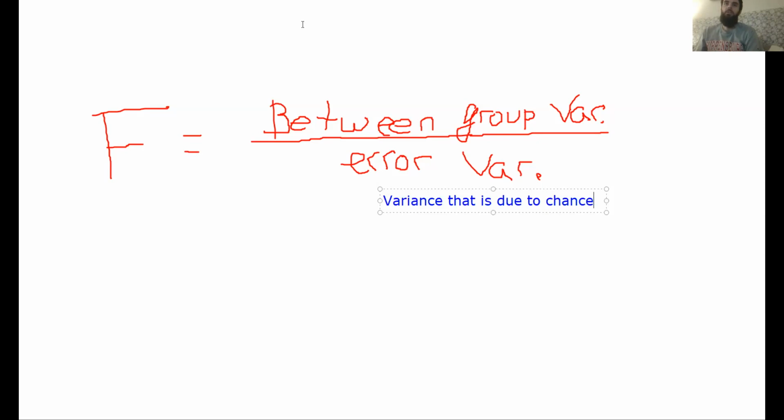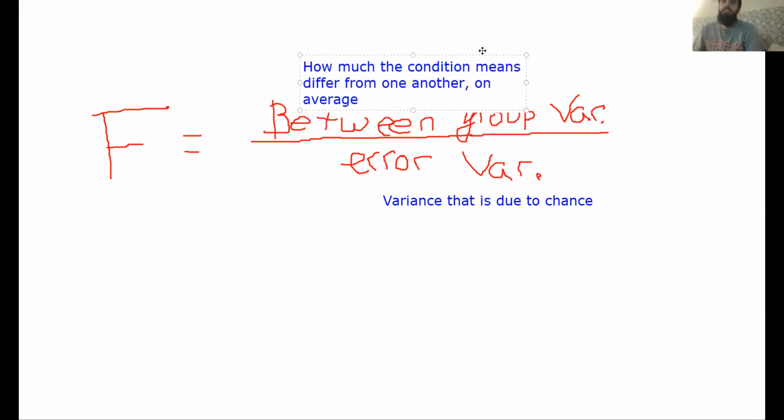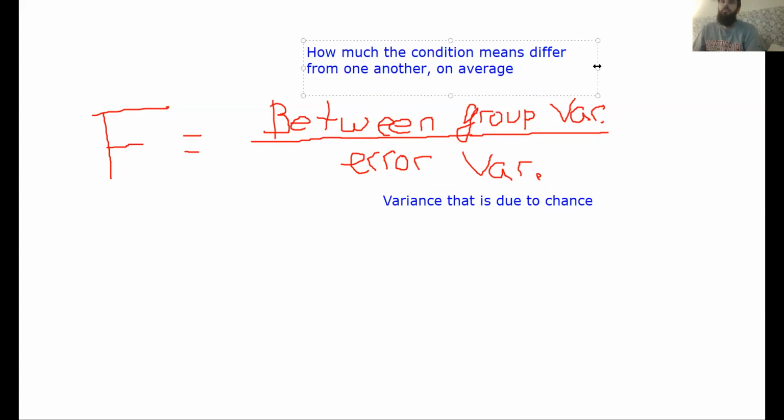Whereas between group variance is how much the condition means differ from one another on average. And now let's focus in on that on average piece, because